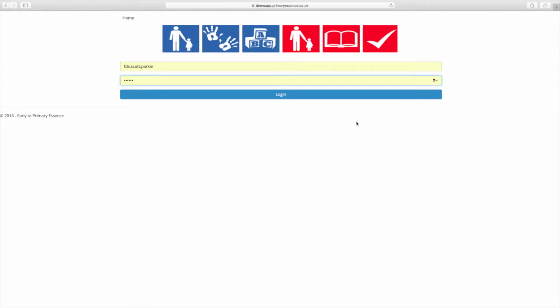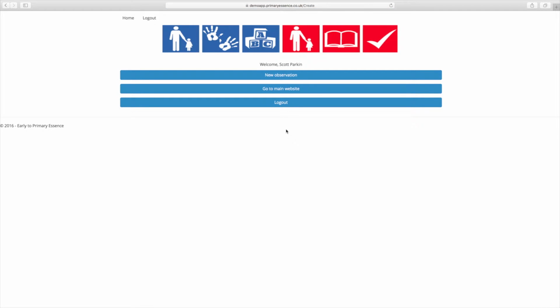The app is obviously found at the App Store, but if you're on it now, then you won't have to download it. So once you've entered that information, you'll log into your app. You'll then be presented with a screen which will give you the opportunity to take an observation. So you select New Observation,